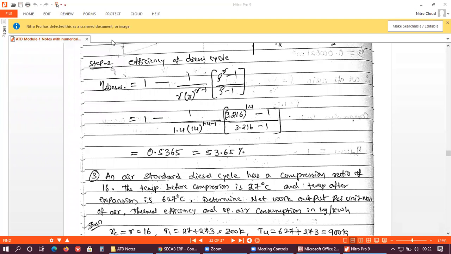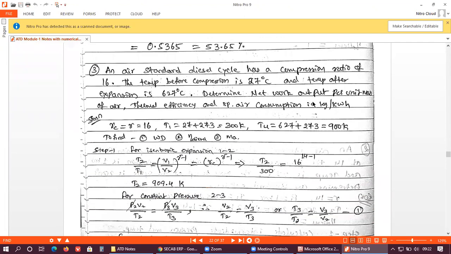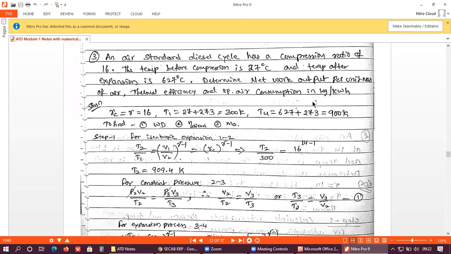Okay, shall we go with the next problem? Problem number 3. Okay, so please work on it. Please, all of you, I have given the assignment in your group. I have already submitted your assignment. Please, all of you start working on the assignment. This is very important. No doubt you have plenty of time, right? So if you write the answer to at least one or two questions every day, then it is very good, so that you stay in touch with your subject. At least attempt one or two questions every day.